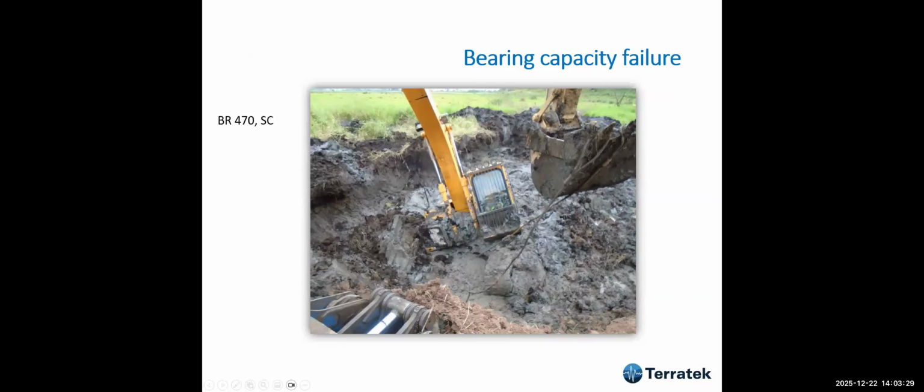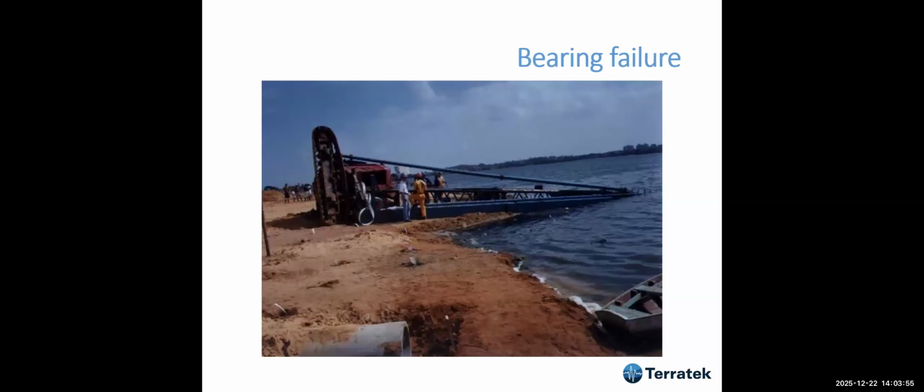These are a few things I've seen during my career, big failures like this. This took place at a remote site, where I saw this hydraulic rig sinking into the soft clay due to lack of bearing capacity, a bearing capacity failure. Later on, in the north of South America, I saw this happening. It was a machine installing wick drains in the soft mud. In this case, also due to bearing capacity failure.